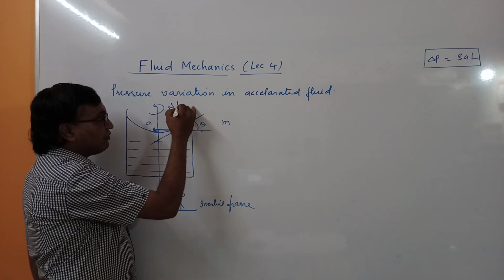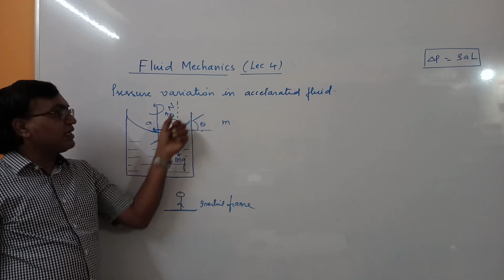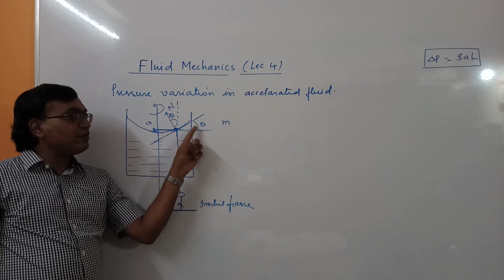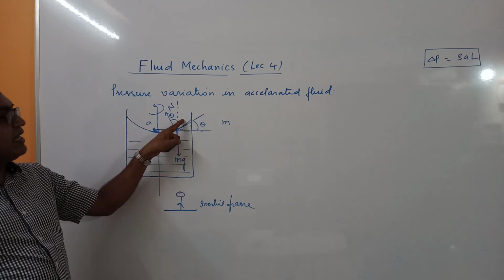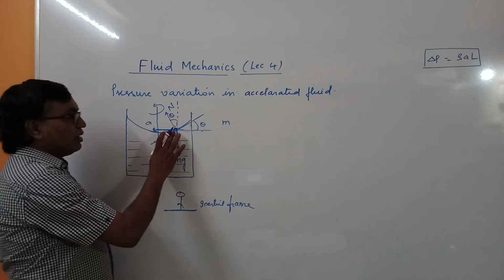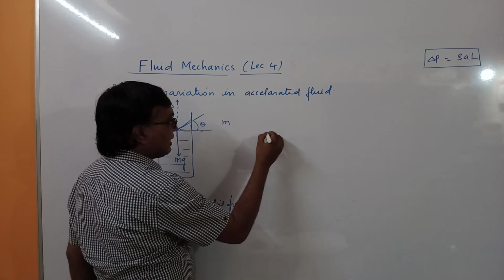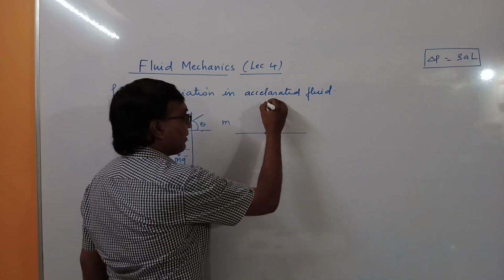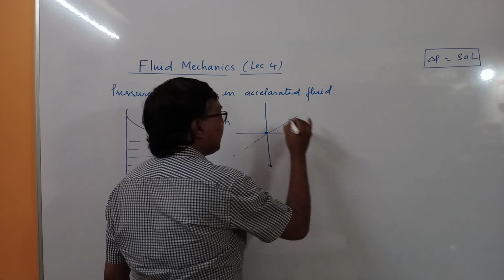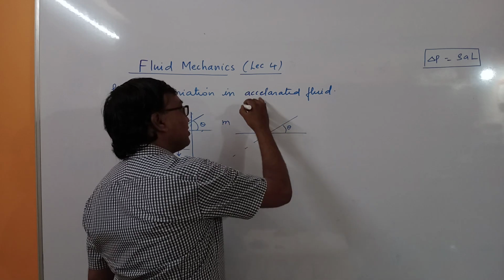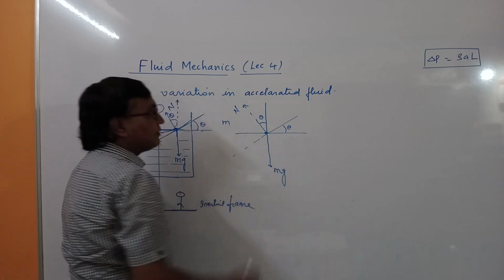Then if I take a vertical line, this will be theta. This is the horizontal line, this is the vertical line. This is 90 degrees. And this tangent is making angle theta. So this tangent and this normal are perpendicular. So this is theta, this is 90 minus theta, and this is theta. Now this particle is in equilibrium under different forces. So I will take the particle here. This is a tangent which is making an angle theta, and this is the normal direction, n. So theta. mg is acting here.